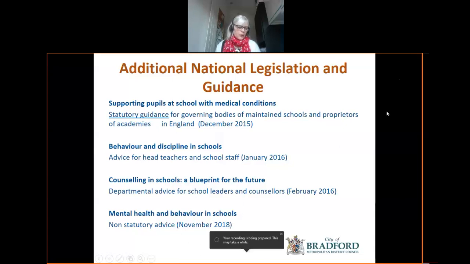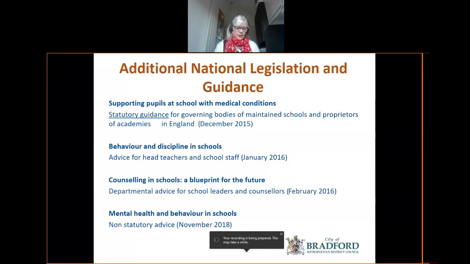So before looking at the Code of Practice in more detail, I would like to just refer you to some further important documents you need to be aware of. They are detailed on the next couple of slides. You can read around them in your study time. I'll talk about a few of them just now. Firstly, we can see